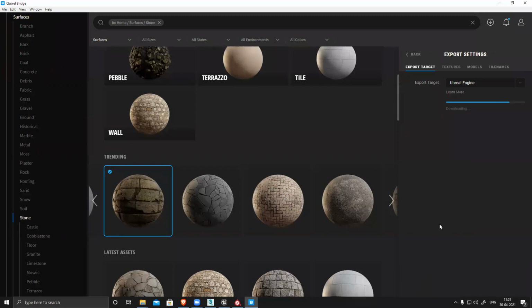Sir, there is an issue. All the things that I download from Megascan are in the Megascan folder, and also in the project I added to Unreal, so it's taking double data. Means I didn't understand. Sir, I downloaded assets from Megascan, so they are stored in the Megascan folder also. And when I add it to an Unreal project, they are copied there as well. It will be like Unreal is separate and this is separate. Okay, so it will be double.